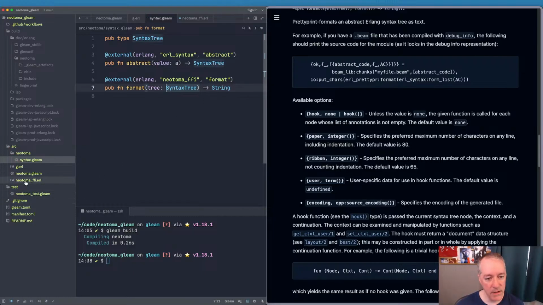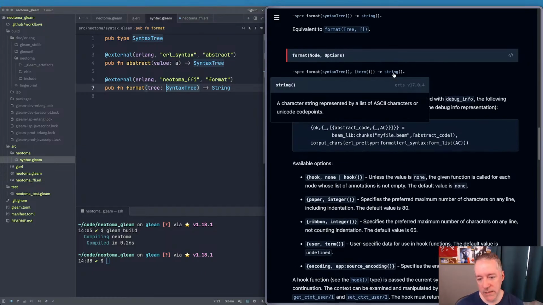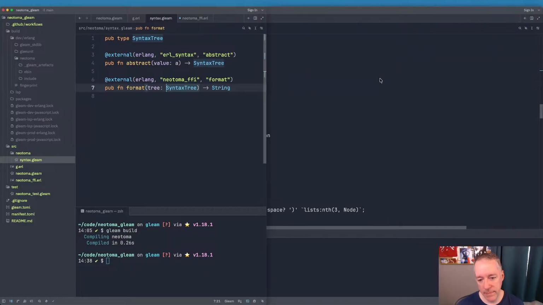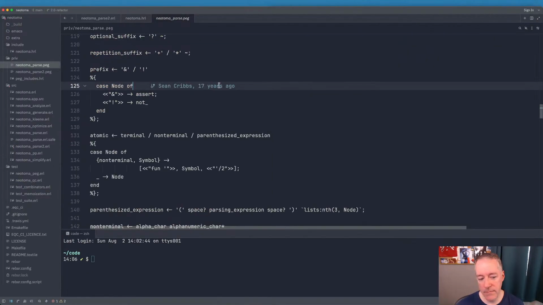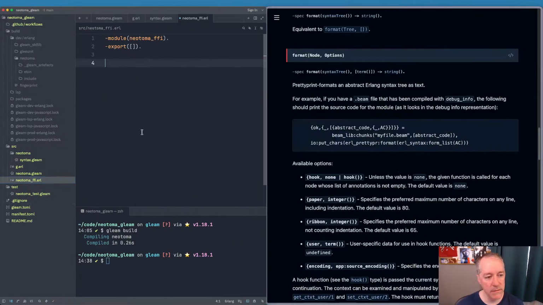You're in, Sean, how do you know? Well, the thing is, this returns a string. A string in Erlang is defined as a list of characters or code points. There's no equivalent Gleam type, right? So what we need to do, so we're going to say format. We're going to export that. So format takes, you know, a tree, and we're going to say